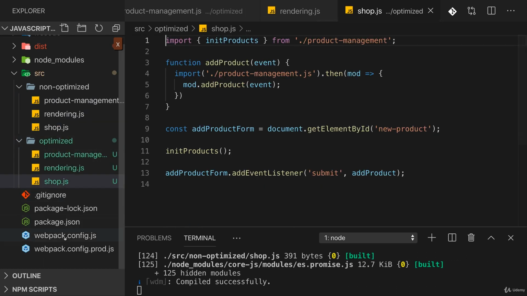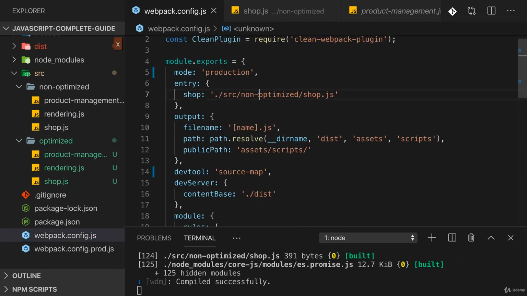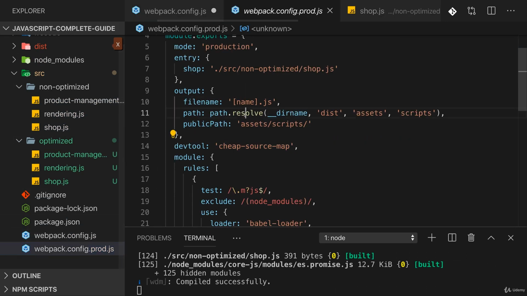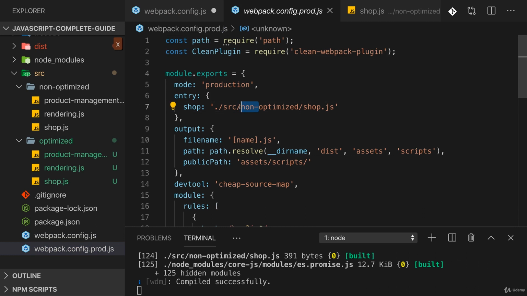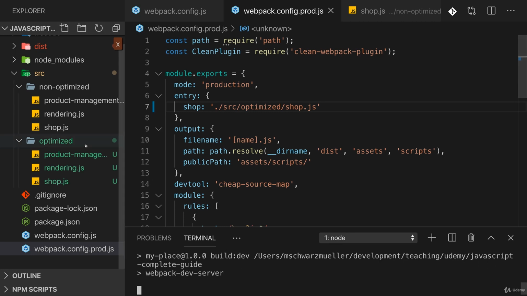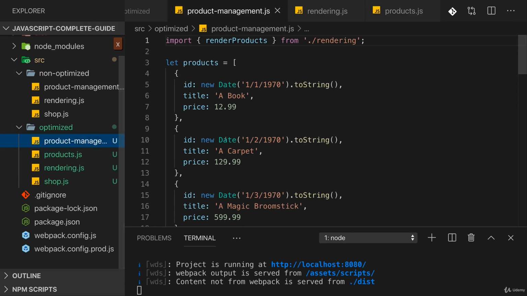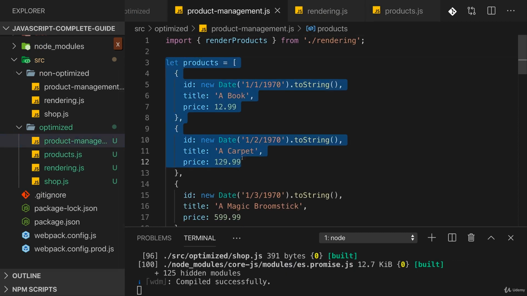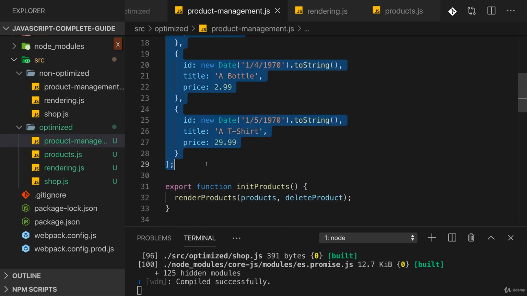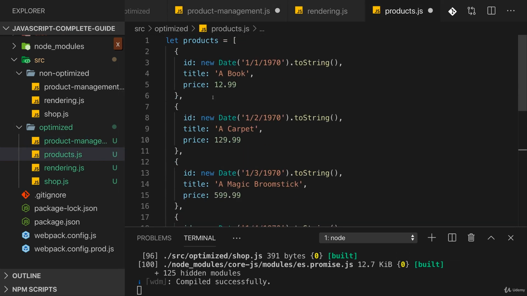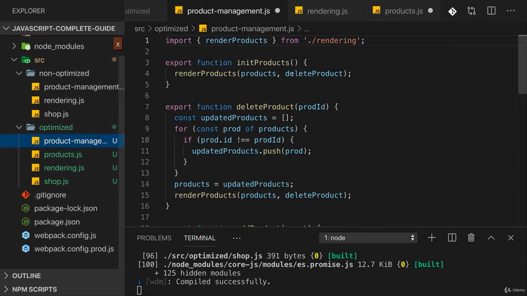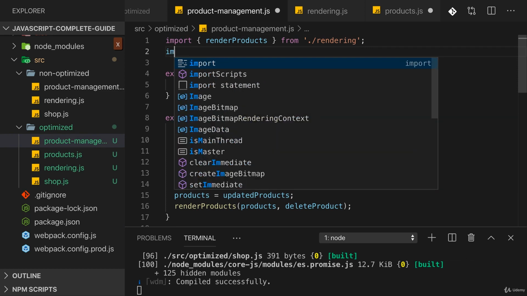And I'll bring over these files here. And in the Webpack config.js file, I'll now switch to optimized, which should get imported. Same here in the production Webpack config file. Entry point is in the optimized folder, and then restart the dev server. And now in the optimized folder, we could add a products.js file. And in product management, we can grab the products here, put them into products.js, and there turn this into a const and export it,